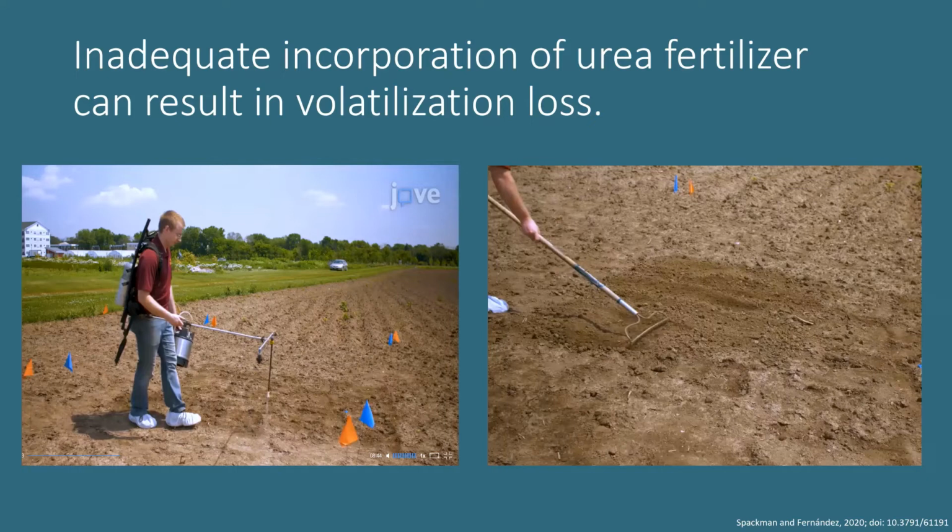So if you go out and you apply urea fertilizer and you just leave it on the soil surface, the volatilization losses could be as great as 50%, or in some cases even a little bit more than that of your applied nitrogen rate. In this study, although it wasn't done intentionally, it's likely that the hand rake wasn't incorporating that urea sufficiently into the soil profile to minimize that volatilization loss. So this one individual field site really reemphasizes the importance of incorporating our surface applied urea soon after application to really minimize those volatilization losses.